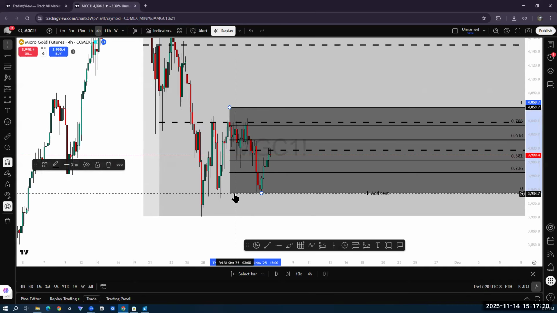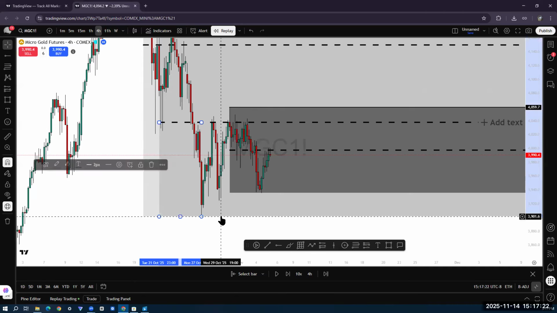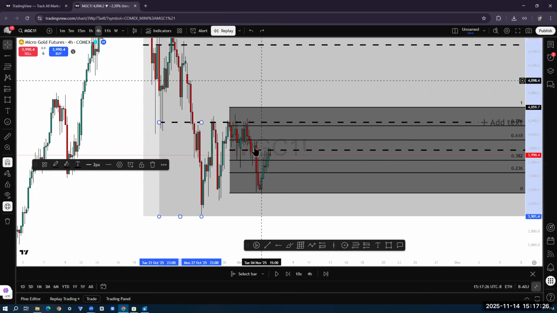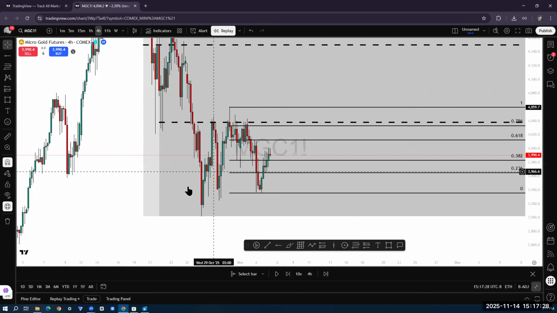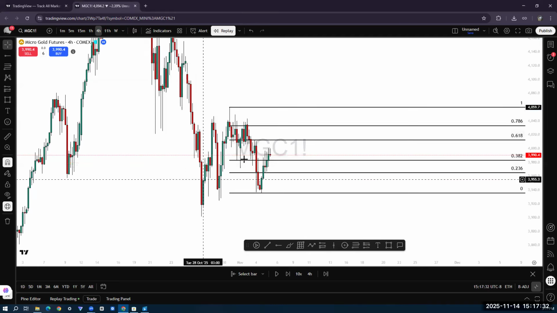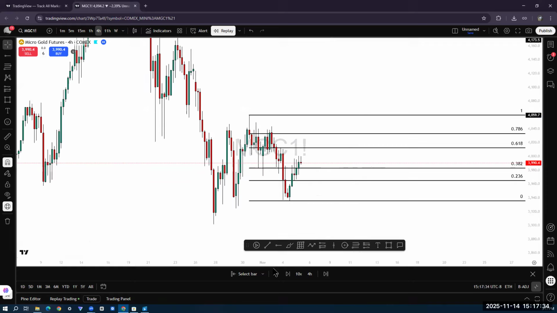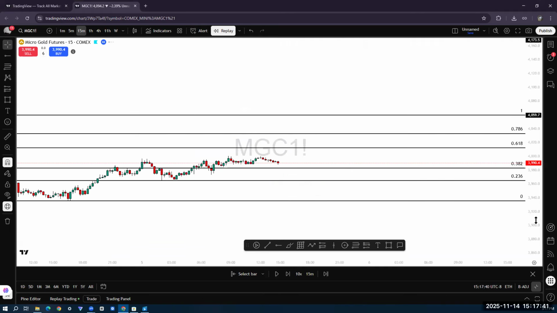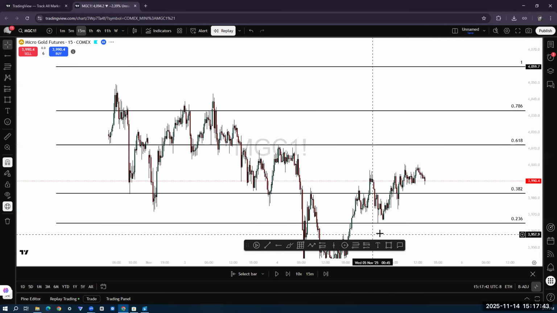Cool. So now that we know that, hold on, my bad. Okay, there you go. Let's delete this. I'm just trying to show you visually. So now we know we're inside of this internal range and we're bearish, so we start to fib from top to bottom. Now that we know that, we can scale down to our lower chart and take our trades accordingly.